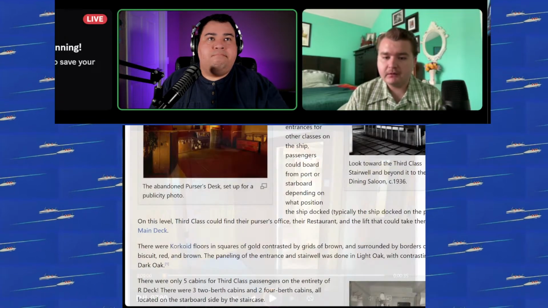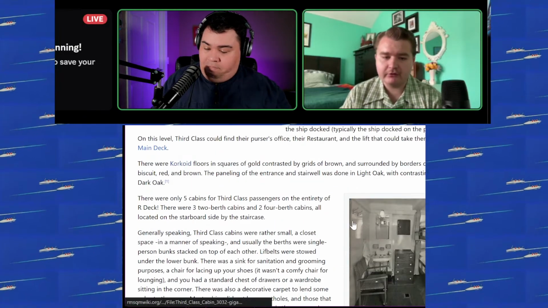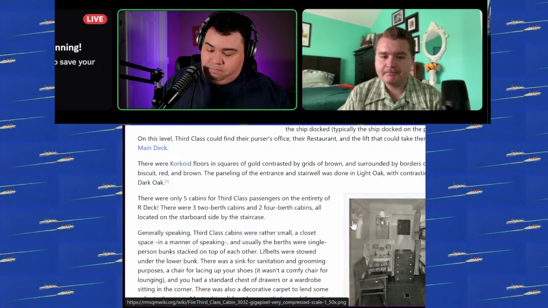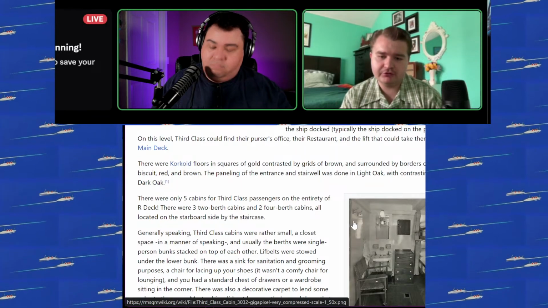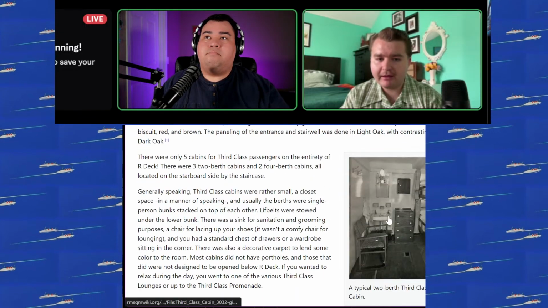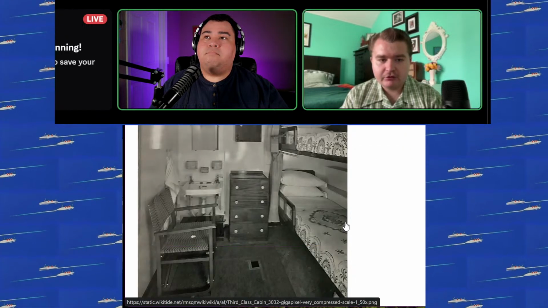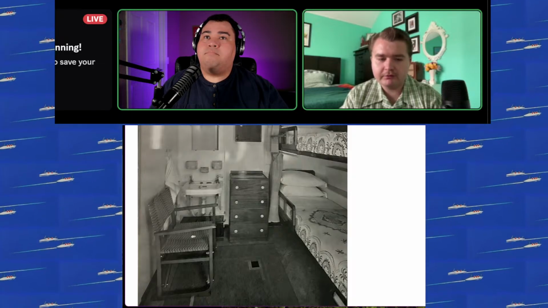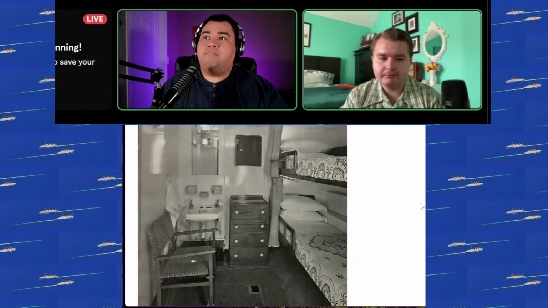But the standard first class cabin and the standard second and third class cabins will still have a section in the article. It's going to be a description of only one type of cabin, because they pretty much all look the same. Sometimes there'll be special variants of a cabin, and those will have their own section. For this third class cabin we're looking at, because they pretty much all look identical, there will be one extremely descriptive rundown of one type of cabin.